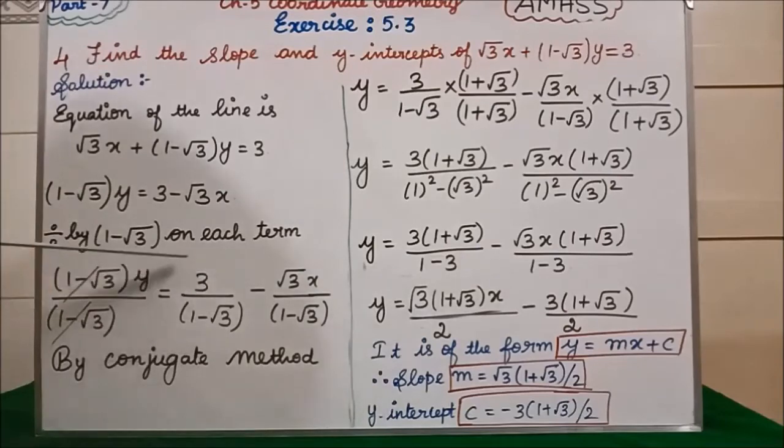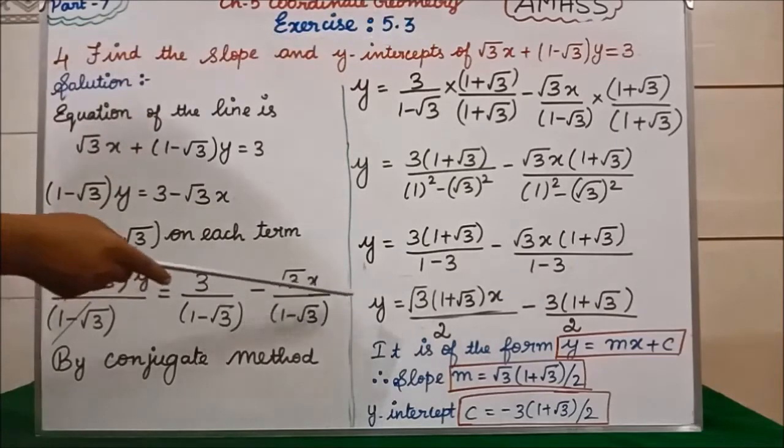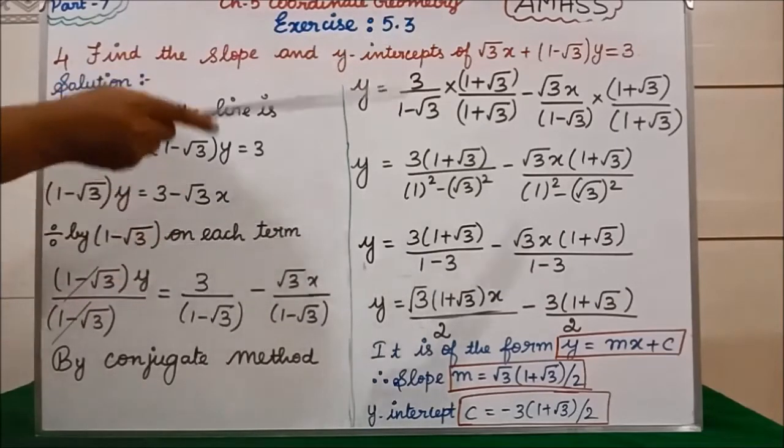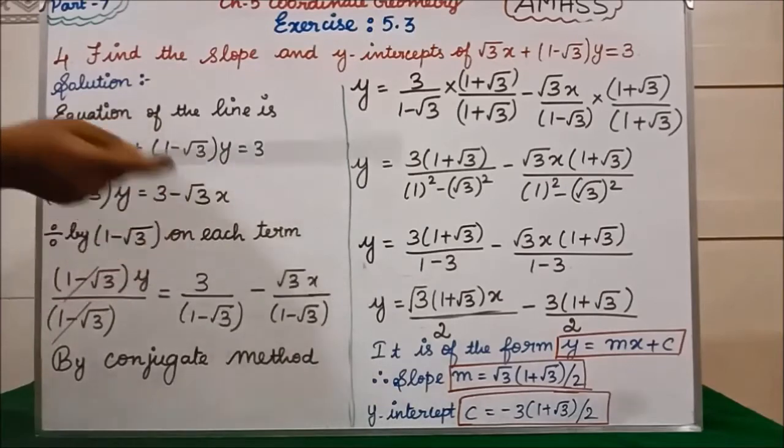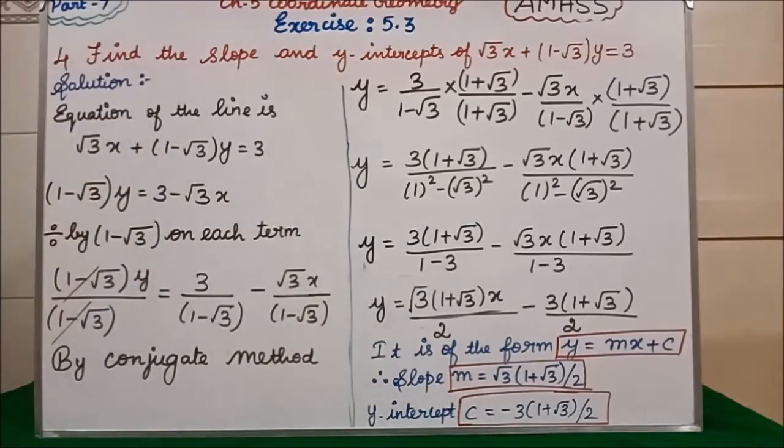Next, for this we have done the conjugate. For this also we have to do the conjugate. Root 3 x divided by (1 minus root 3) into (1 plus root 3) divided by (1 plus root 3). We are doing the conjugate. After doing the conjugate, see the denominator. In what form does it look? a minus b, a plus b, isn't it? See here, a minus b, a plus b we have in the denominator. So a minus b, a plus b means what formula? a square minus b square.